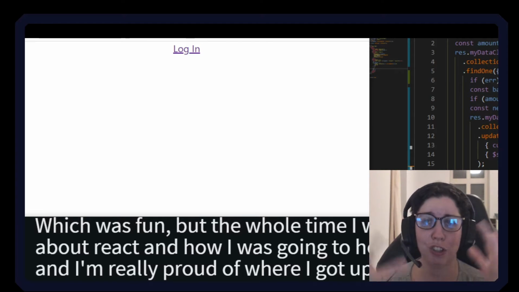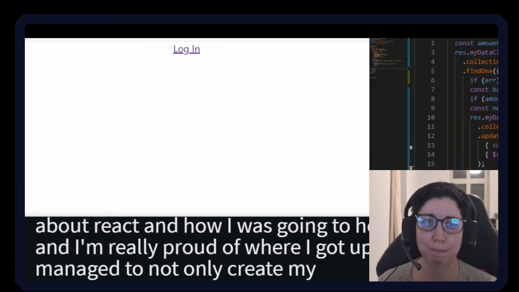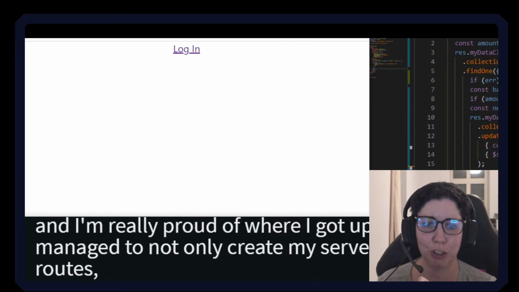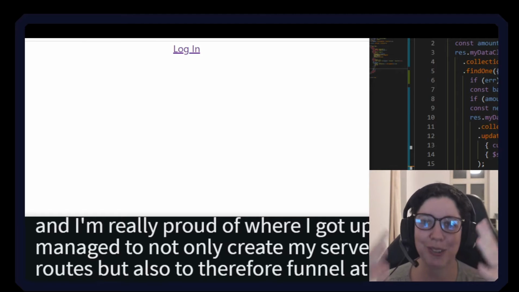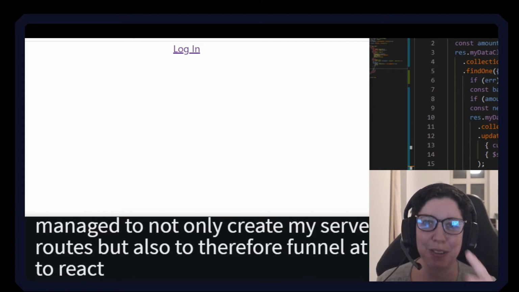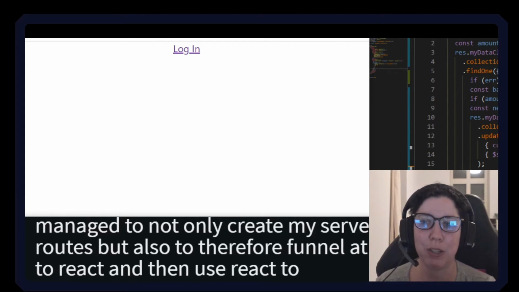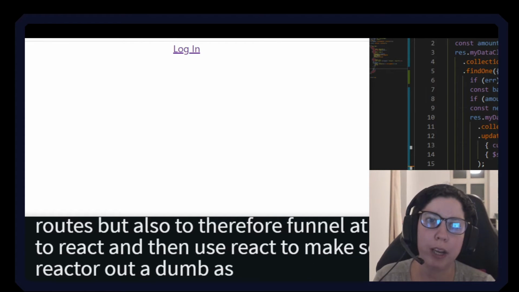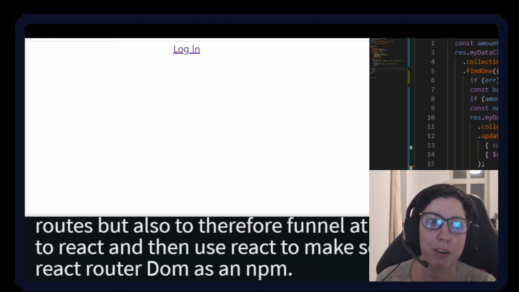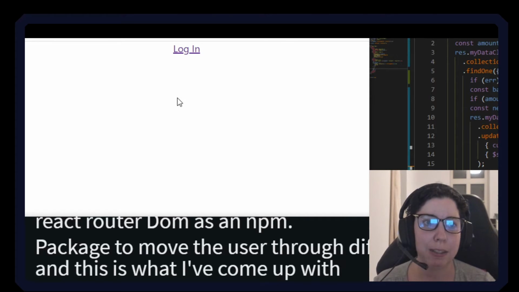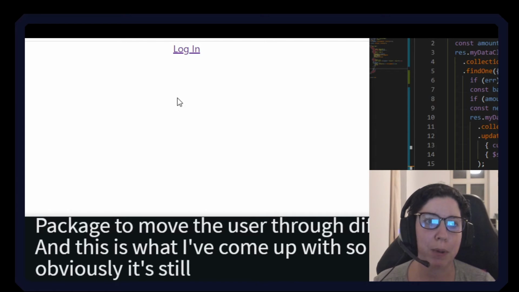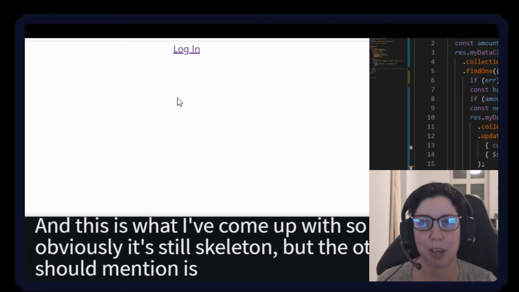I managed to not only create my server with all my routes, but also to funnel it all through into React, and then use React to make certain calls, using React Router DOM as an NPM package to move the user through different pages. And this is what I've come up with so far. So obviously it's still skeleton, but the other thing I should mention is that it's now also hooked up with